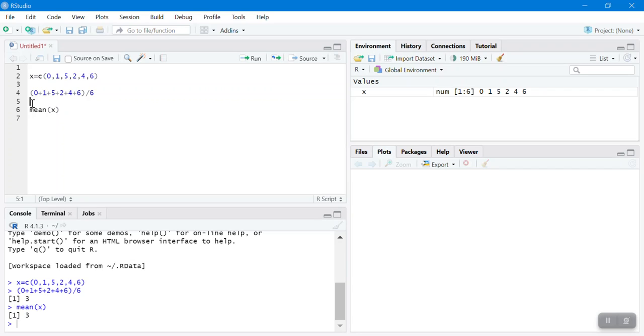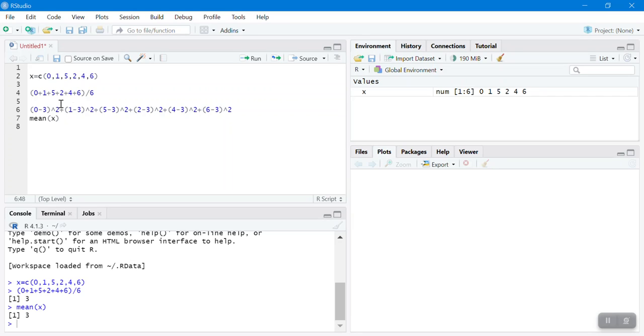So we have the mean here, and each observation from the mean, okay, so it's going to be 0 minus 3 squared, plus the second one is 1 minus 3 squared, plus the third one is 5 minus 3 squared, plus 2 minus 3 squared, plus 4 minus 3 squared, plus 6 minus 3